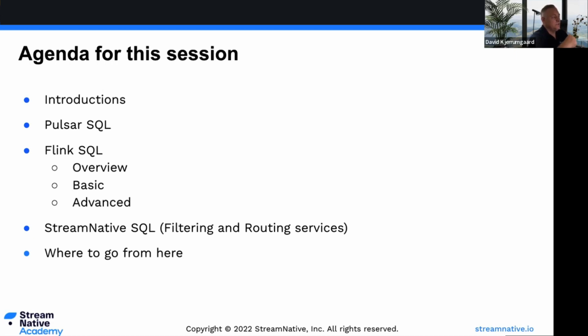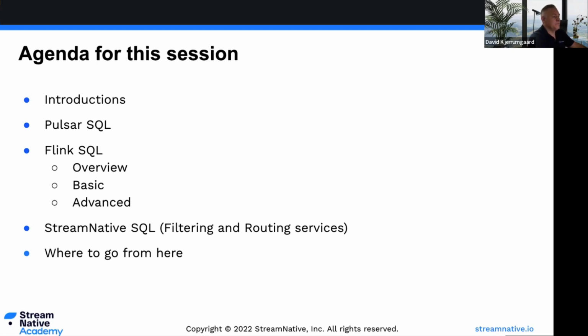The second is leveraging the Flink connector and Flink SQL to read the data directly from Pulsar topics and execute queries using the Flink SQL engine. We used to offer Flink SQL and Flink as an offering with StreamNative, but no longer do that. So if there's any references to that in this documentation, just know that they'd have to stand up their own Flink cluster, maybe with a partner like Ververica or Immerok or whomever we decide to go with as a Flink partner. They would handle the Flink part of this, but we could still access Pulsar data using SQL